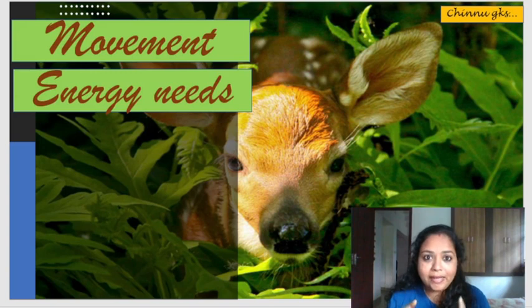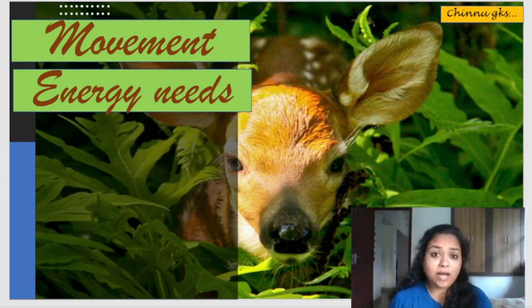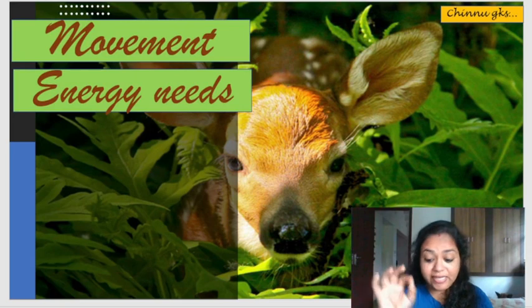When we talk about a plant and an animal living in an environment, it is actually movement and energy needs that differentiate plant tissue and animal tissue. We know how an animal is: an animal is mobile, while a plant is stationary, anchored to a substratum, anchored by a root. So their energy needs are totally different, and as their energy needs are different, their support system is different. We have different kinds of tissues in plants as well as in animals. So we have to concentrate on the movement as well as the energy needs.